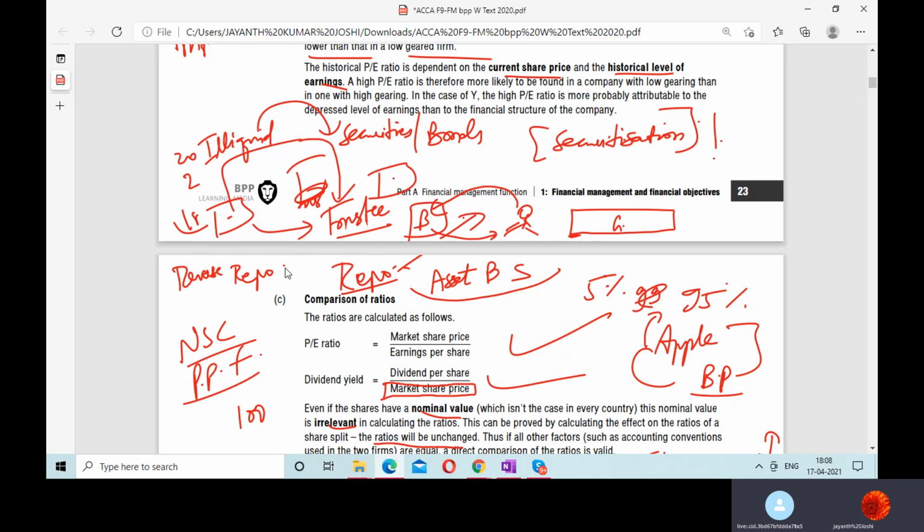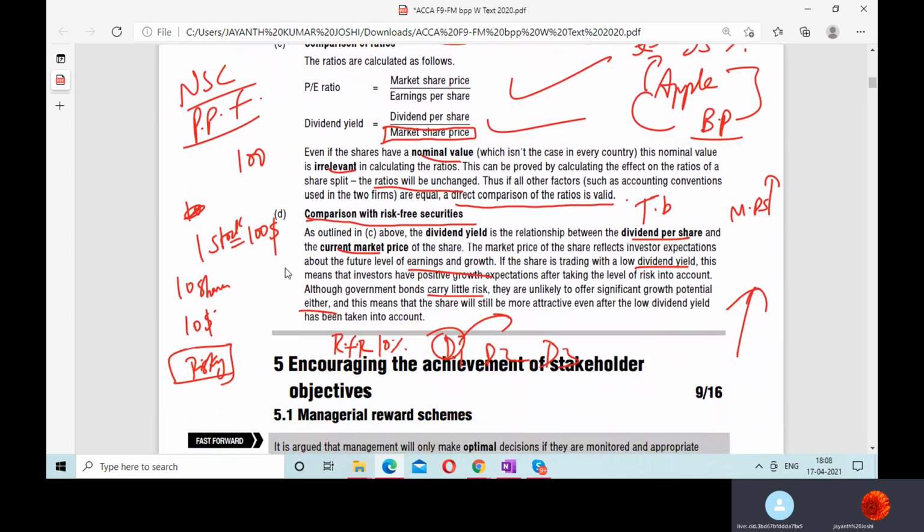Got it. So now we're done with all this. Government bonds carry very little risk. They won't give you any growth potential. They'll just give you certain returns. हाँ भाई ये फिक्स है, ये लेके आप आपको हम इतना दे देंगे. But in companies you can expect growth potential. That's the reason why people go for equity, for stocks.